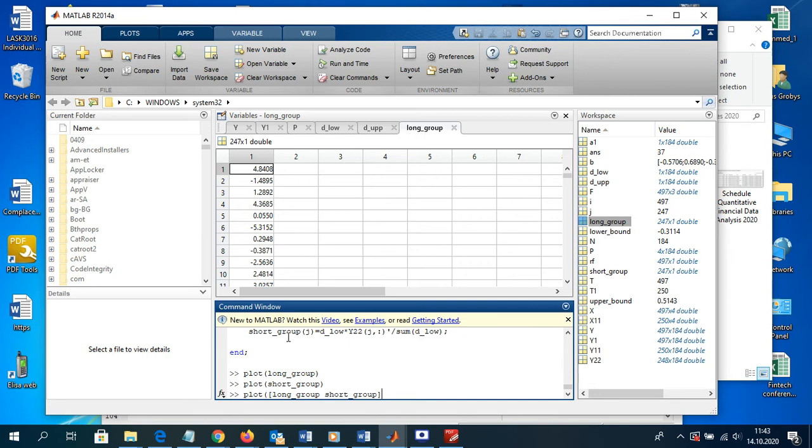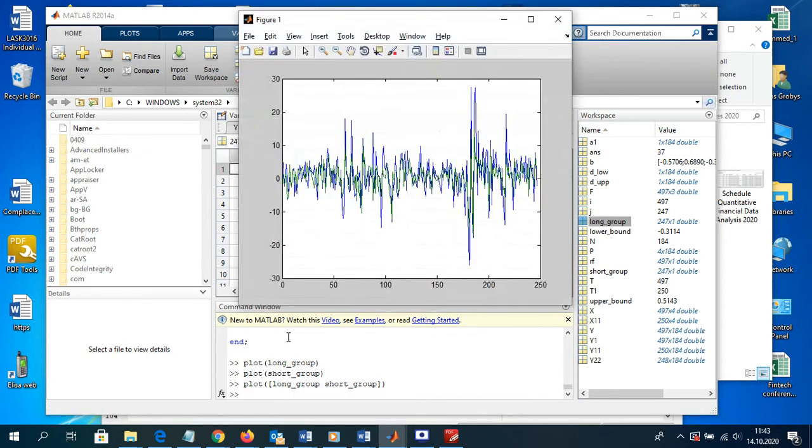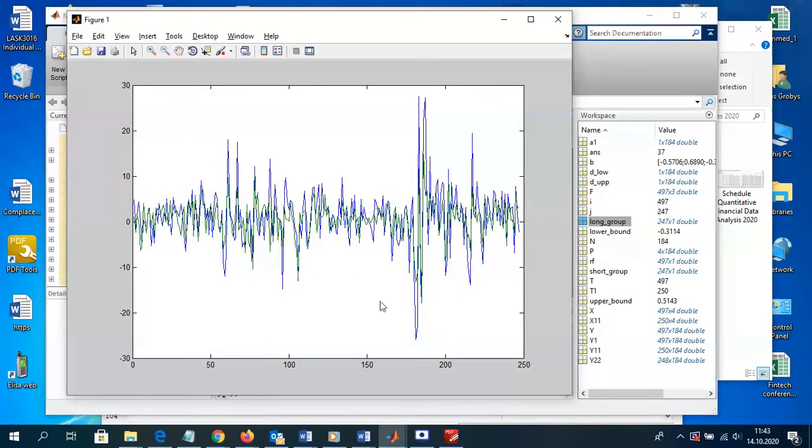Close this parenthesis and then the other parenthesis, and now we get a plot of both return evolutions in the out of sample period in the same plot, which we see here, right? We remember the green line is obviously less volatile, so this is the big stocks portfolio, and the blue line is the corresponding time series evolution of our portfolio of small stocks. This is the portfolio that we would buy and keep in the out of sample